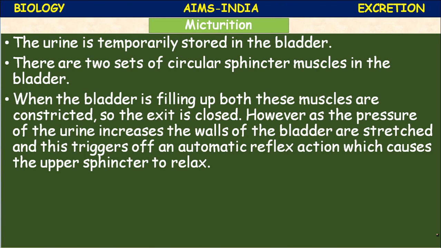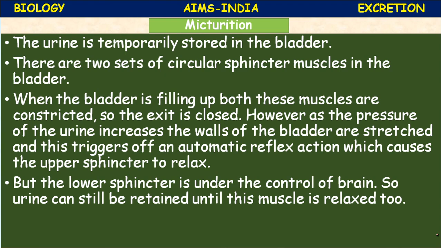However, as the pressure of the urine increases, the walls of the bladder are stretched, and this triggers an automatic reflex action which causes the upper sphincter to relax. But the lower sphincter is under the control of the brain,